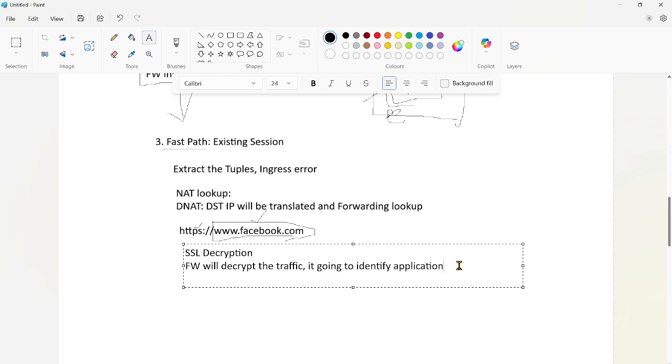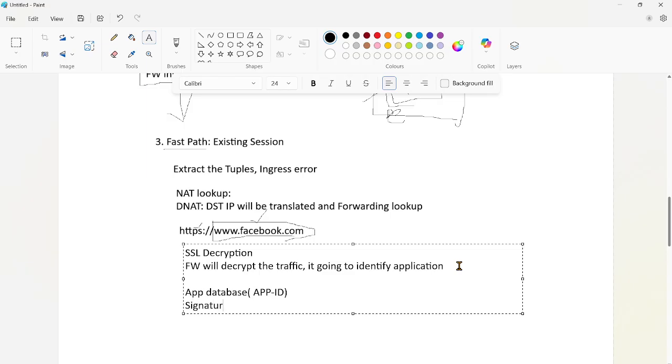How it identifies the application is that every firewall maintains an application database, which we call App-ID. In this App-ID, the firewall identifies the application using signatures. Every application has its own signature.